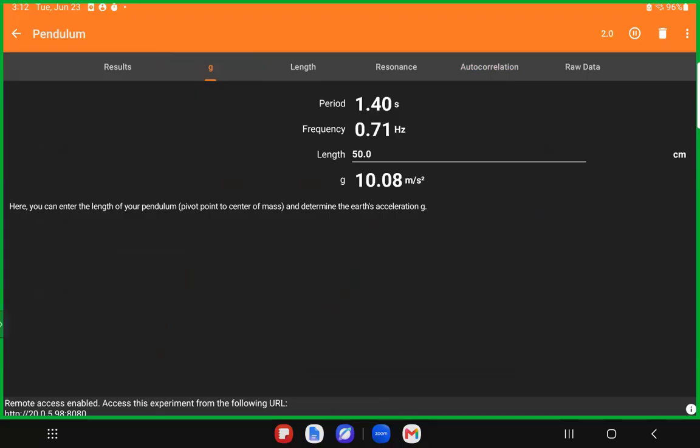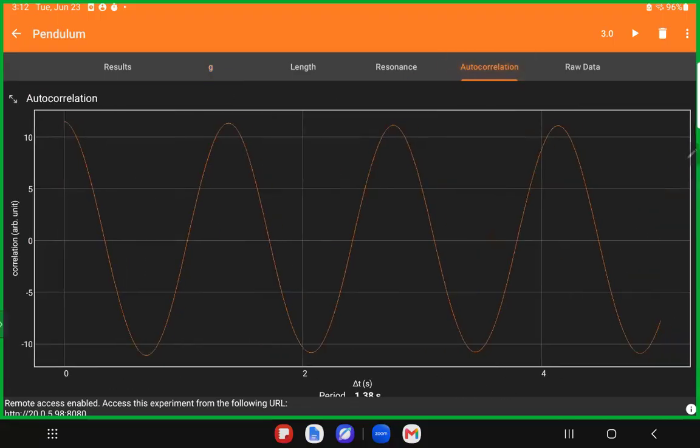Let's just count to 10. 1, 2, 3, 4, 5, 6, 7, 8, 9, and 10. Okay, assuming that this is already 10 seconds. Okay, and then we will go to autocorrelation. Okay, that's the graph. That's how the graph should look.